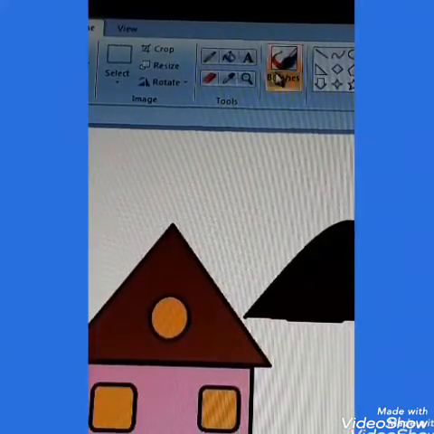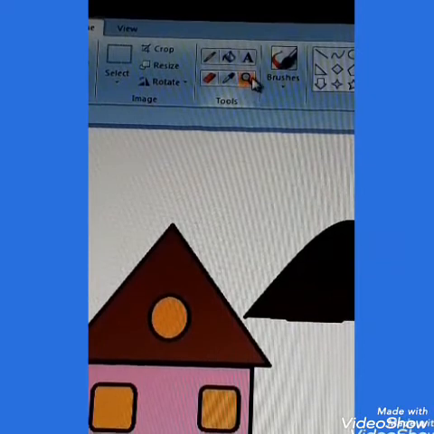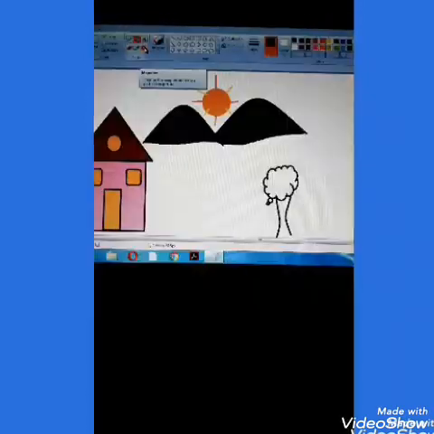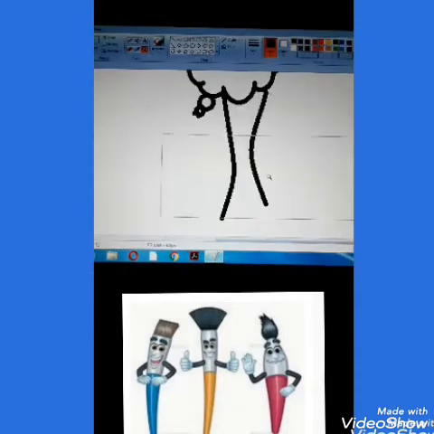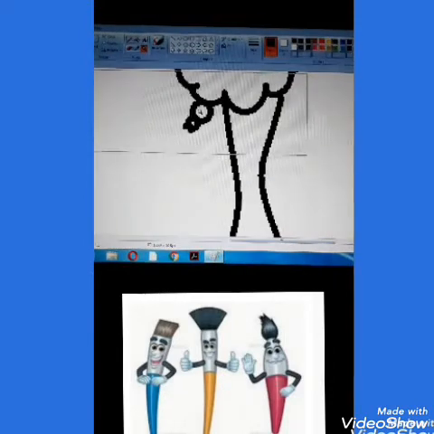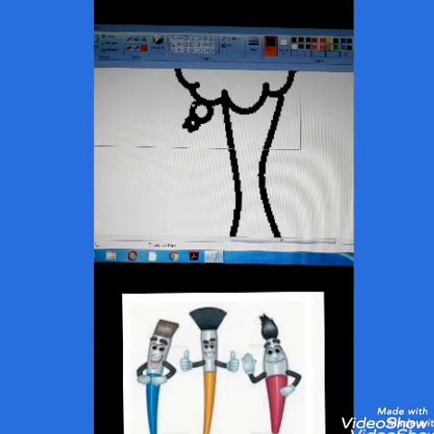So this is the magnifying tool, children. You have to select this magnifying tool. Now once you select the magnifying tool, you have to bring it here. As you can see, a square is following that magnifying tool. Here where you have to zoom, there you have to click properly. Okay, so now it is big enough for you to see clearly.